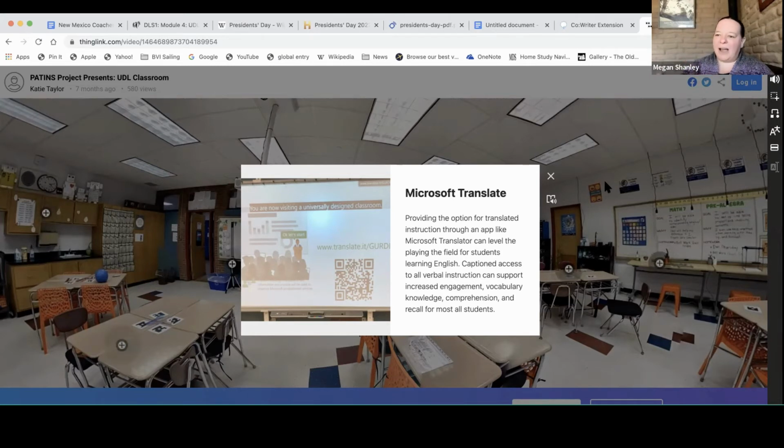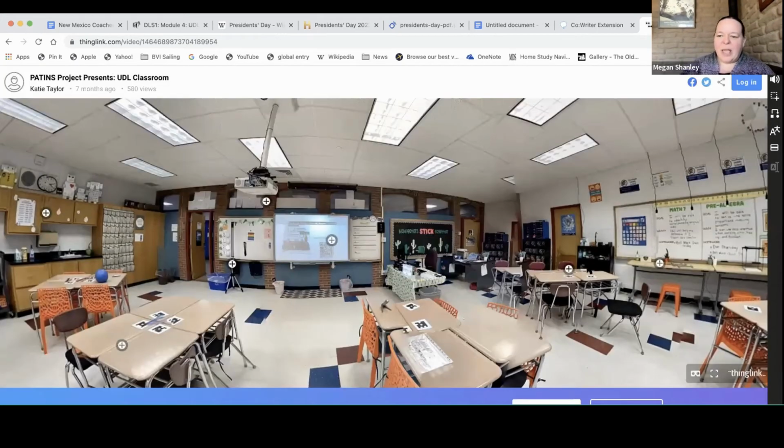We need to provide these opportunities for students so they can show us what they know, and not just which language they're talking in, or processing in. So did anybody else have anything in this classroom that you wanted to point out before we moved on to Snap and Read? So I just wanted to show the chair that's sitting on the floor has one more flexible